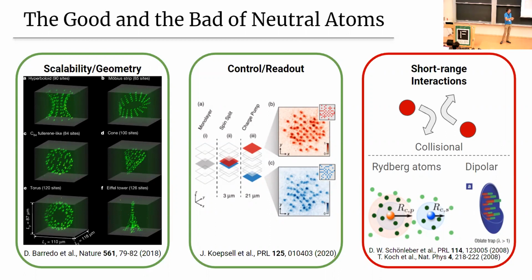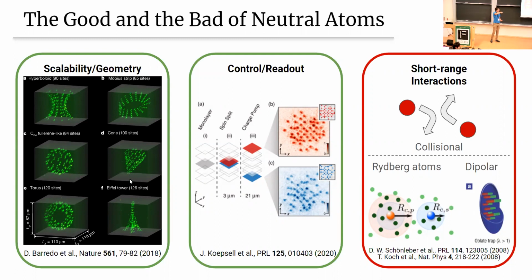For example, you can excite them to a high electronic state where they become effectively bigger, and you get some longer range interactions, or you can use dipolar interactions. But these interactions are still short range, in the sense that, for example, if you want to make a higher dimensional connectivity graph,